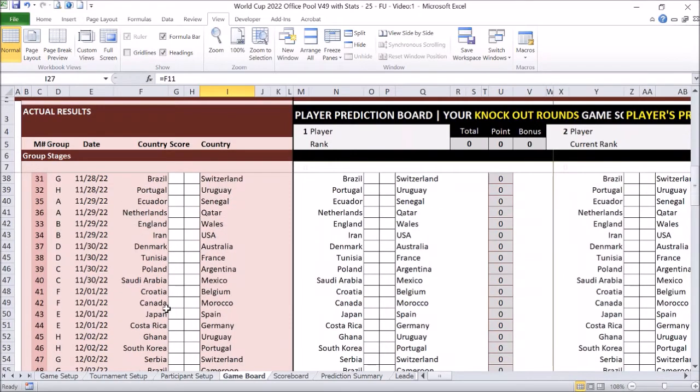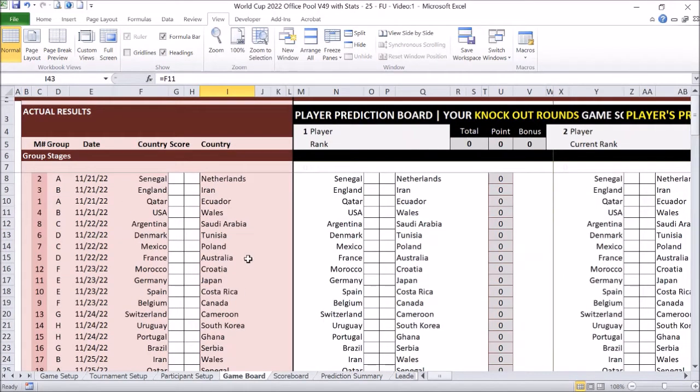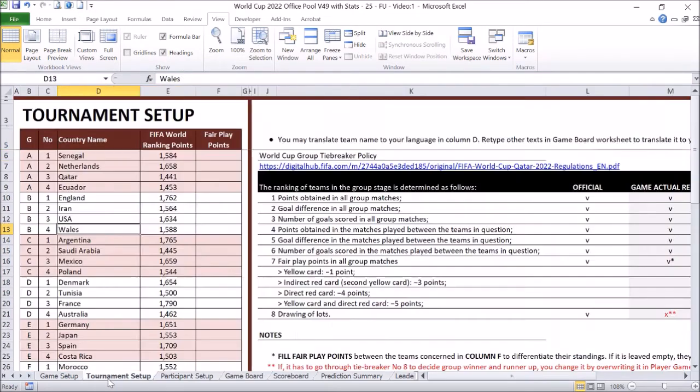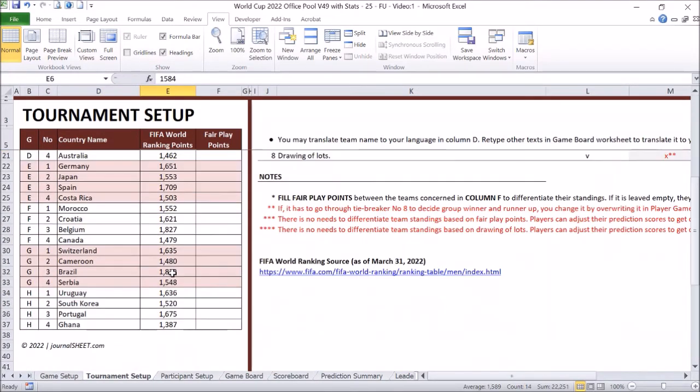See, you can also change directly by typing here the name on top of this game board to your own language. There is a FIFA World Ranking point here which you won't need.